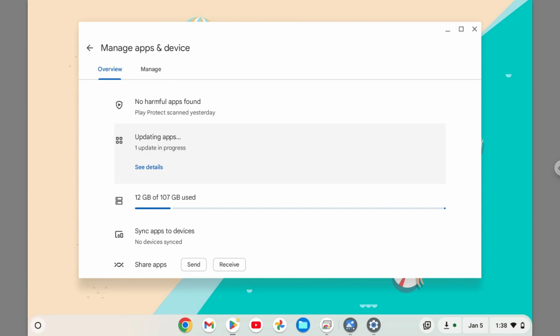And by the way, by default, the apps on the Chromebook will be updated automatically. But in case you find a lot of apps are not updated, then you want to make sure that you are allowing whatever connection you have on the Chromebook to update the apps. So for example, if I go back here,